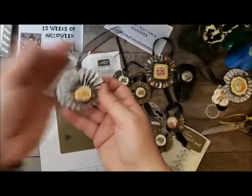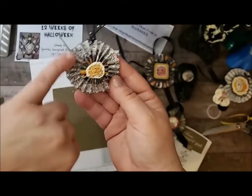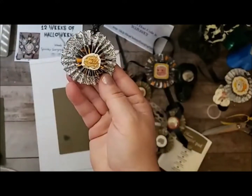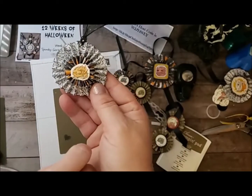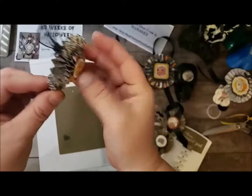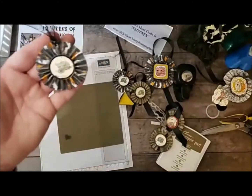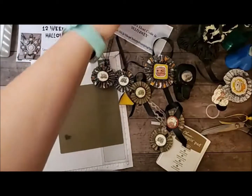Now, I did also try to make a smaller one. This is a 1/2 inch. So this one was 1 inch, and I made a 1/2 inch. But I didn't like the way it looked when it came up. And then I actually had to cut down my little gargoyle to put on there. But I didn't really like the way it looked. It didn't really sit as nice as when you just do it like that. So I thought I'd show you guys, so you know, I wasn't too happy about it, but anyway,